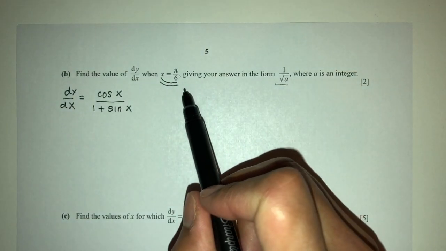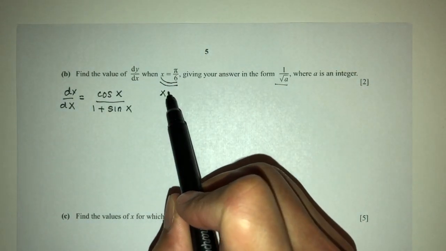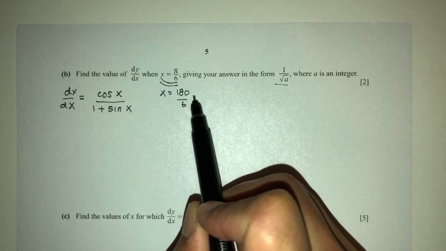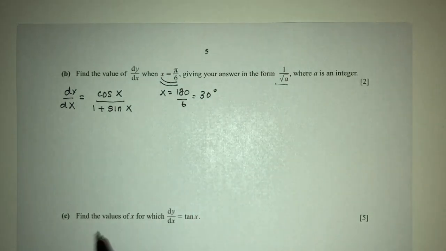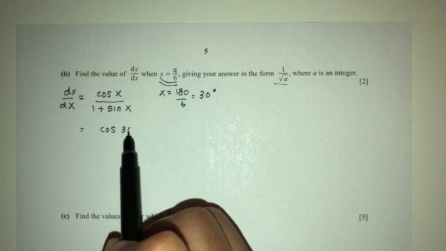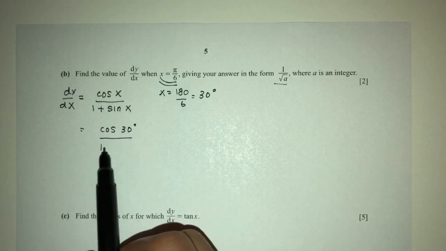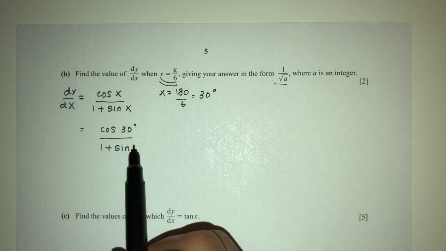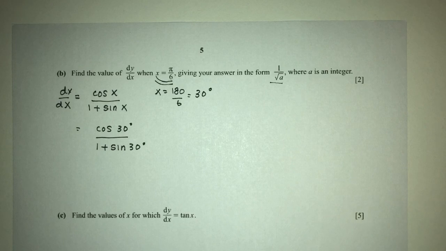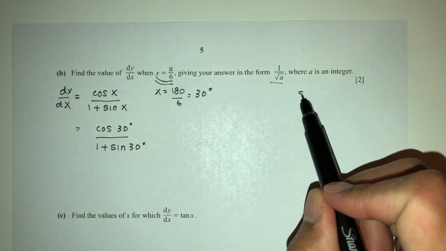But first, if you guys know, what is that in degrees? This is radians. So it is 180 divided by 6. That will be 30 degrees. So let me try. So cos of 30 over 1 plus sin of 30. Usually we tend to know those exact angles. So I know that sin of 30